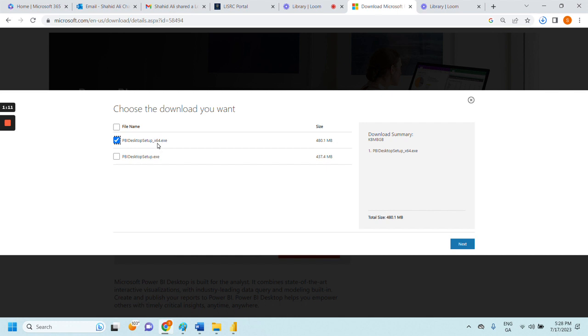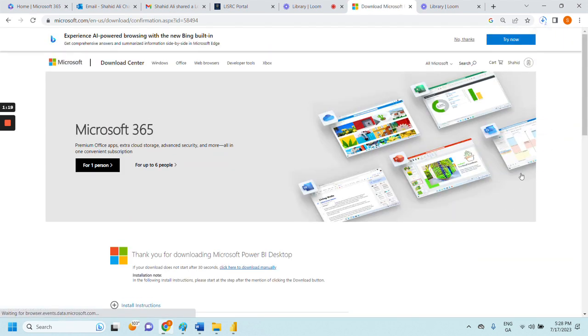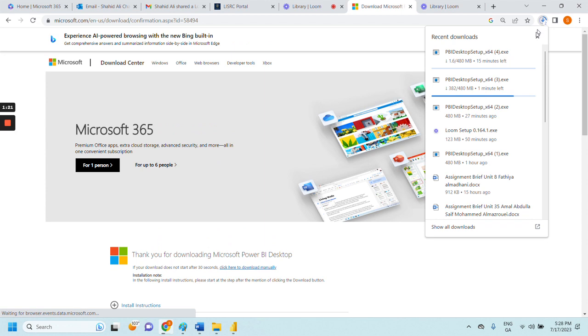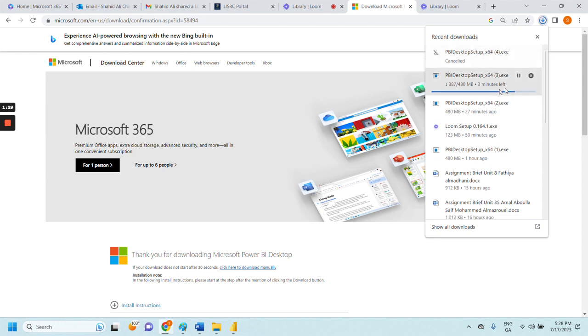the setup that is ending with underscore x64.exe, and we have to click onto the Next button, and we will see that it will start preparing the download for us. If you can see, my setup is almost downloaded, and it says that only 2 minutes are left for this. And because I have already installed